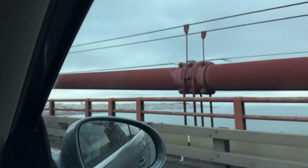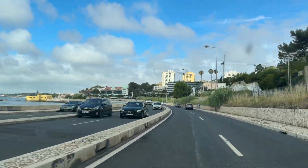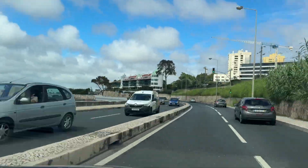And I'm here with my driver. Follow the light, you're able to be happy. You can do whatever you like. You don't have to